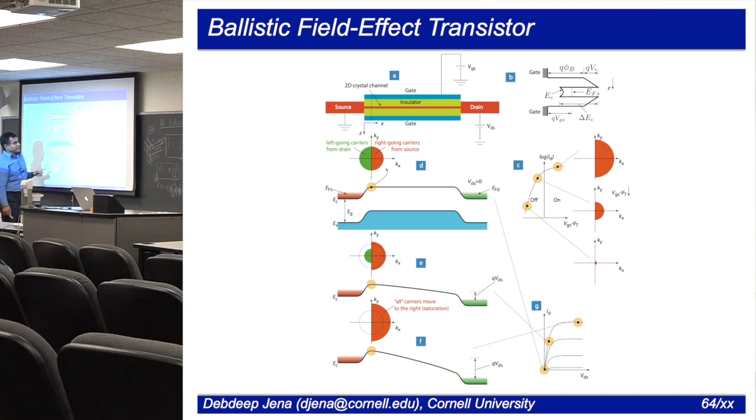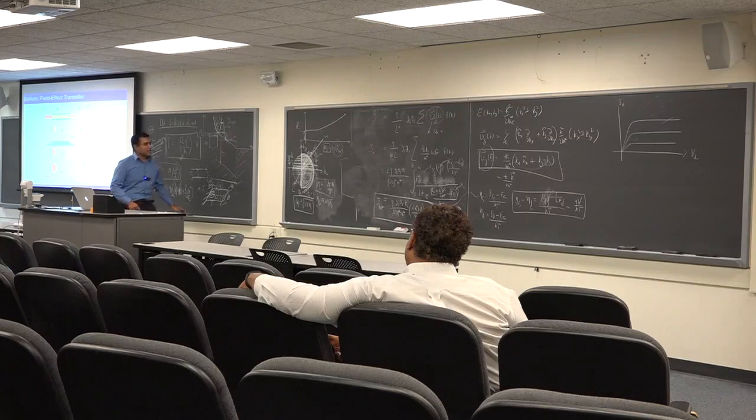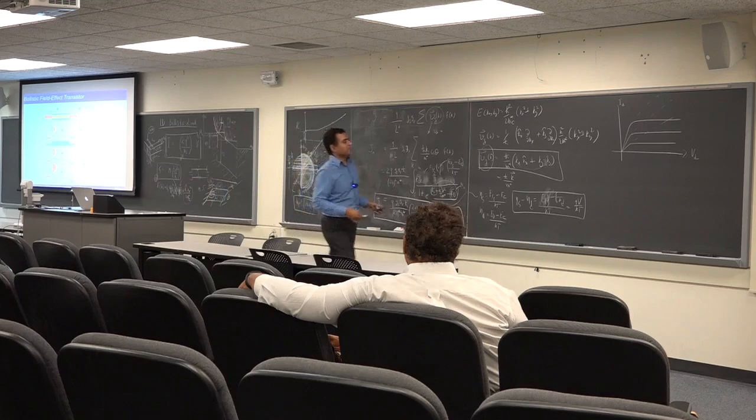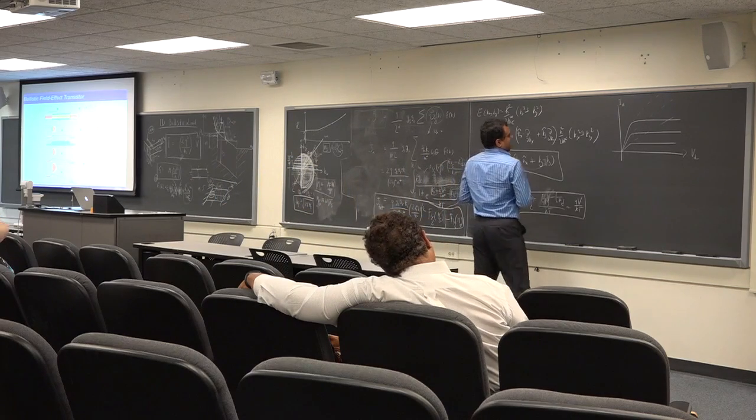Right? Similarly, you can now change the gate voltage and say that, well, if I start here, I was increasing the drain voltage, and then I start reducing my gate voltage, then you kind of shrink the whole circle down to 0. The current becomes very, very low now, right? So that's on to off, and that's your amplifier situation where you have output, the gain. Okay? And what is the gain? See, I'm a little bit out of time today, but what is the gain of the transistor? The way to look at it is, if I